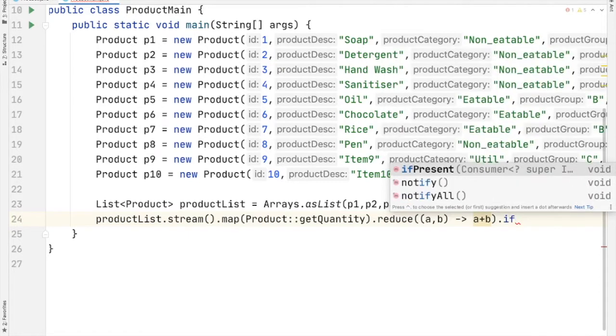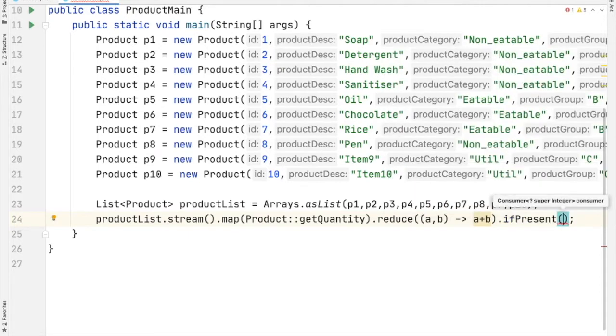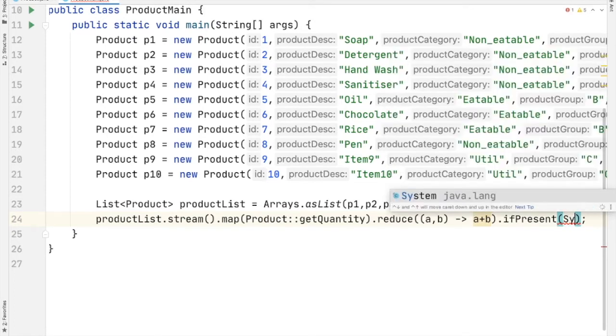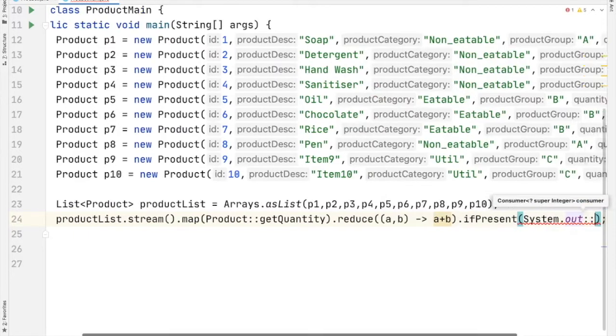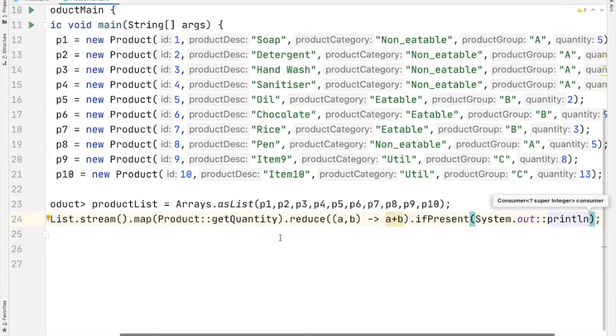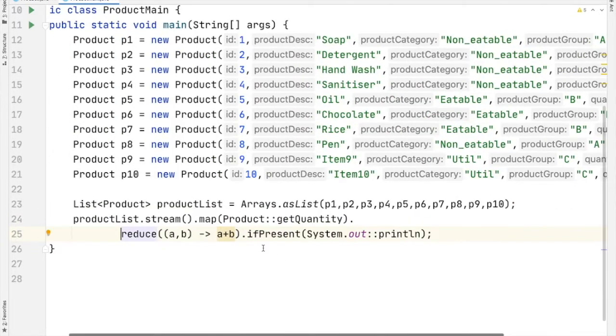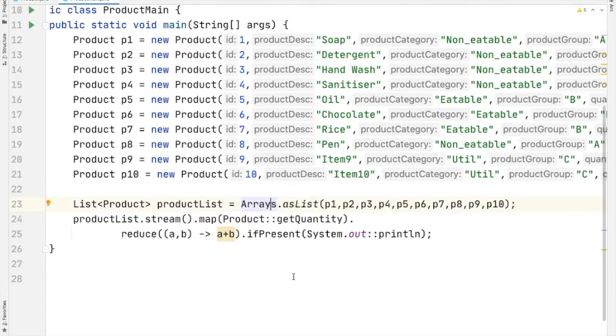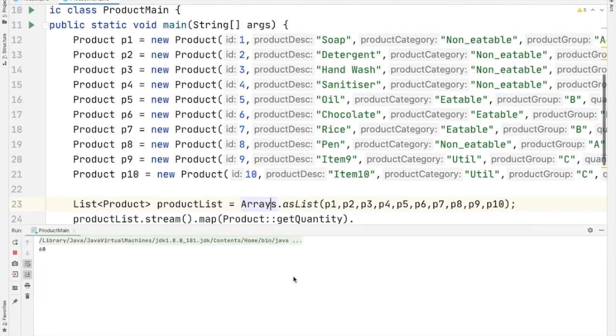So I am checking whether the result is present or not using if present method and then printing the result. System dot out double colon operator println. Let us run the code. So we got the result as 60.